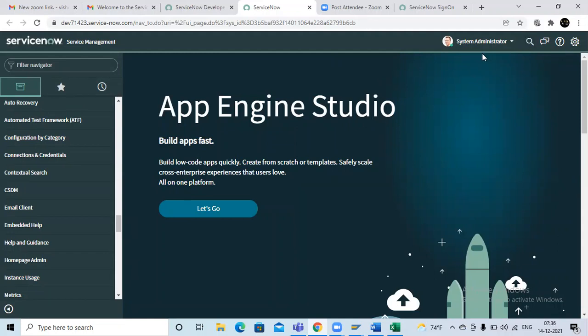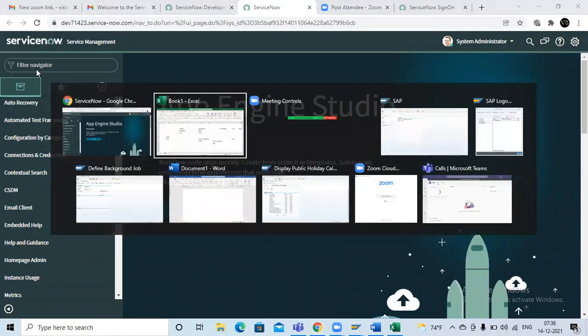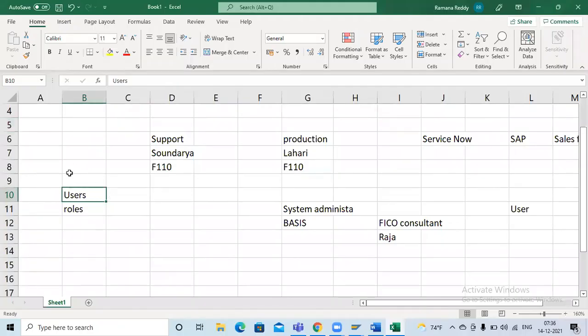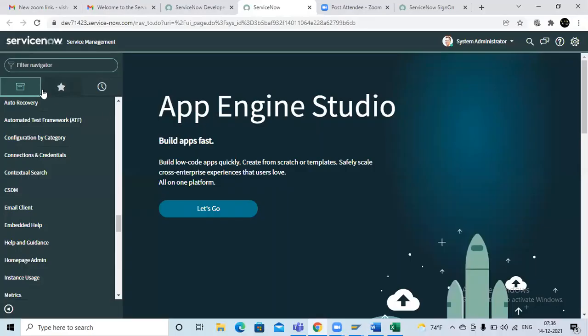It's a system ID. In the same way, if a new employee, Lahari, joined and wants to log into ServiceNow, the system administrator has to give the access. That we are going to see. How can we create the users in ServiceNow? This is the filter navigator, guys. From here we can go everywhere. So here I am typing